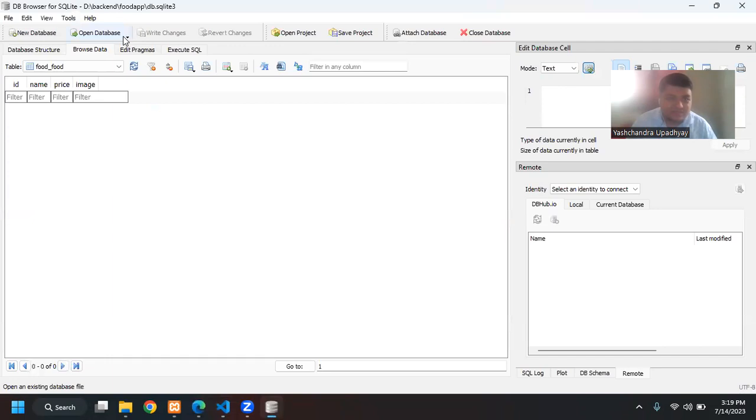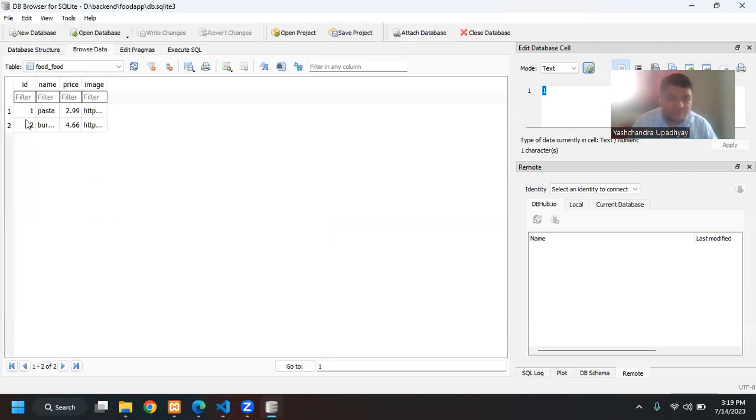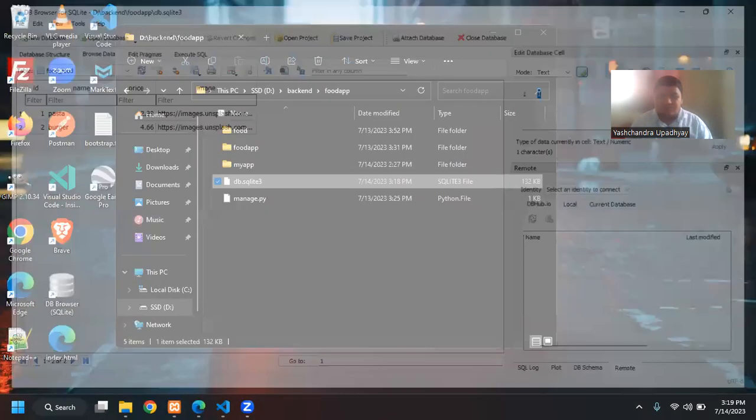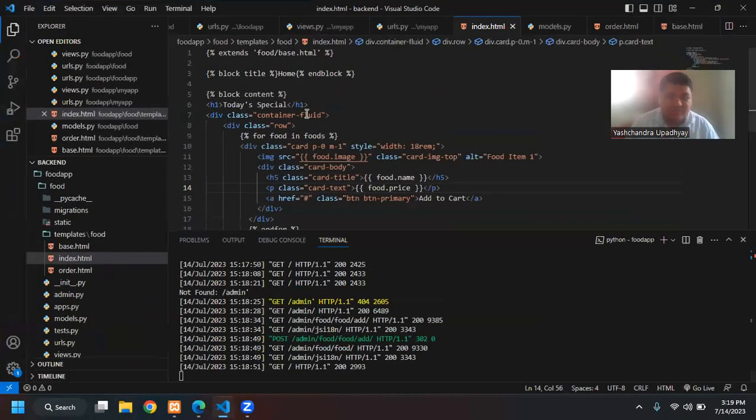So if I, let us say, go to database structure and then I will say browse. So now I have some information, right? I have name, price, as well as images, because we have added this information from the Django admin. Okay. So next thing that we can do is, instead of using SQLite, we can also connect another